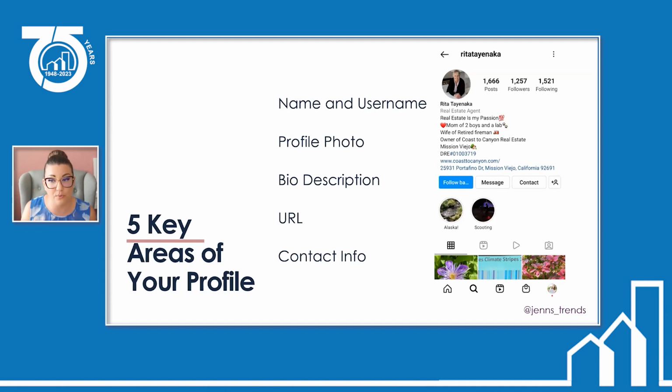She's a mom of 2 boys and a lab. So there's a connection, she's a dog mom, a boy mom. She's becoming humanized. She's the wife of a retired fireman. Now you have that next stage of personalization. And then she goes into the fact that she's the owner of Costa Canyon Real Estate in Mission Viejo. So she's got this wonderful category about who she is as a human, as a mom, as a wife, and